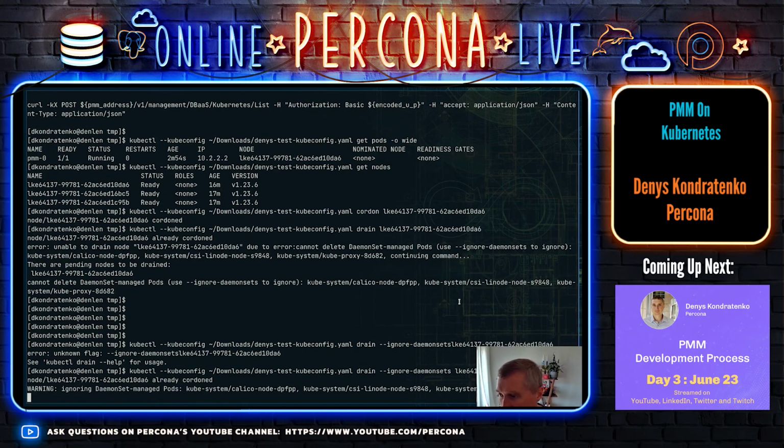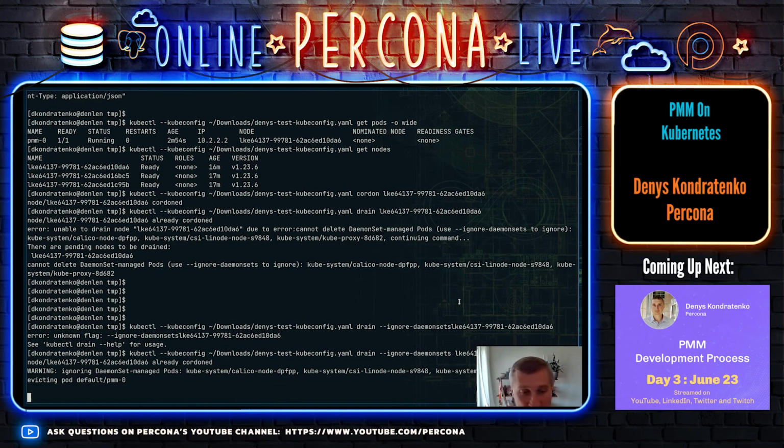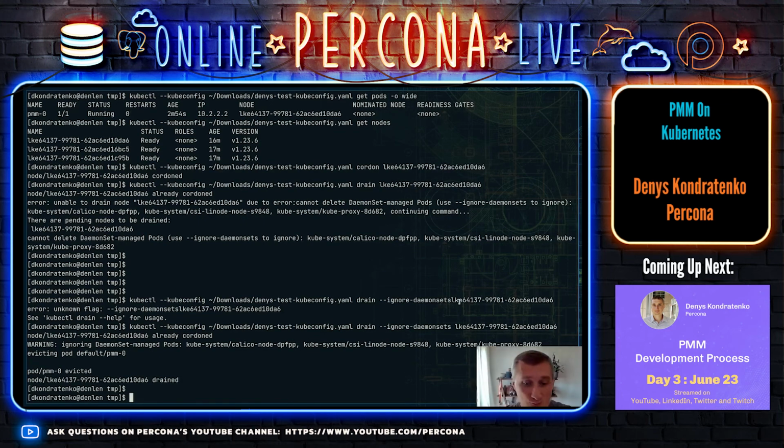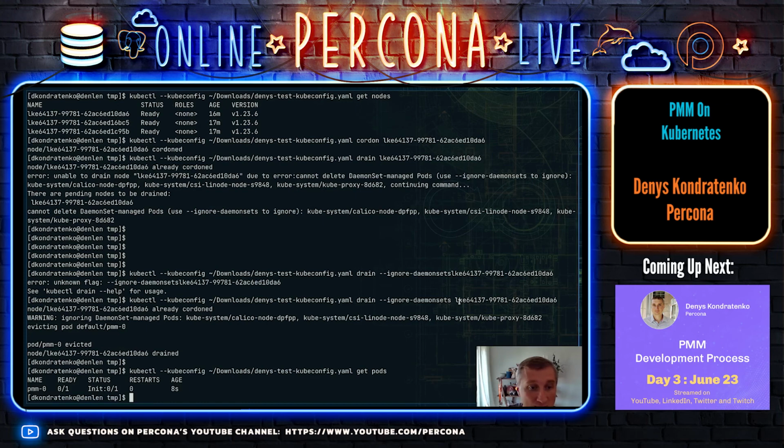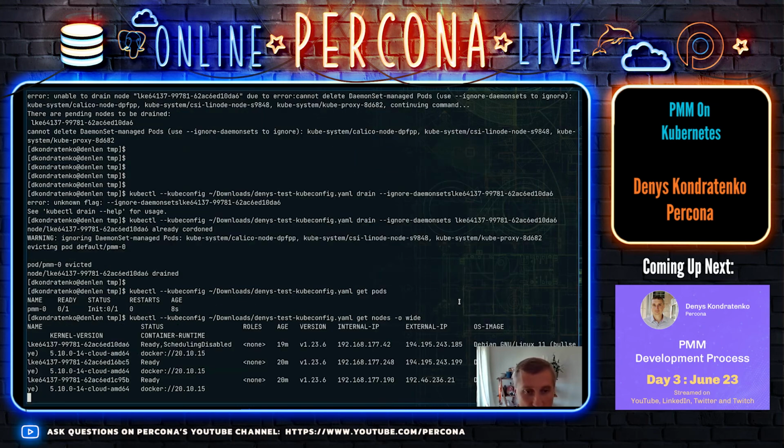Sorry. All right, and you can see that it's evicting this pod. So actually I simulated kind of what is going on when a node goes down. And let's see. Okay, you see that it's initting, and if you get all nodes, you can see